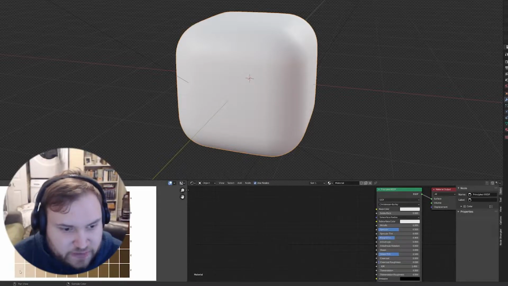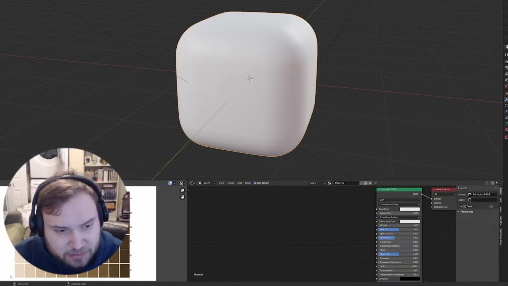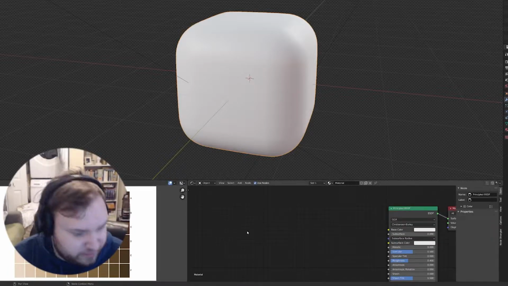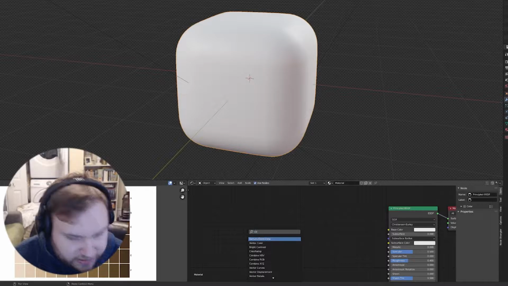Think of this like its own color ramp, and we're going to create this as a color ramp. I'm going to use this bottom one down here. We're going to implement this into a color ramp. So that would be the first step. So let's do it. Add in a color ramp,